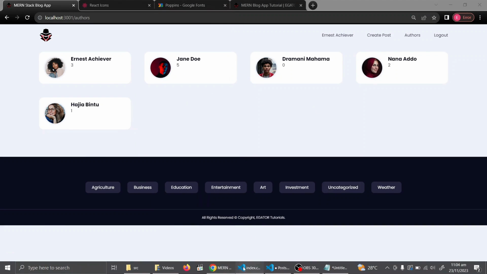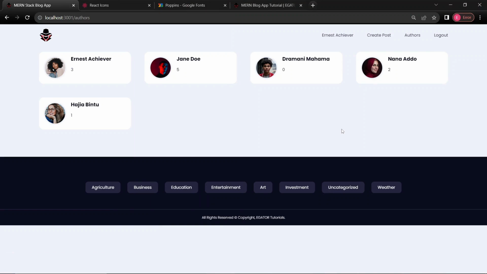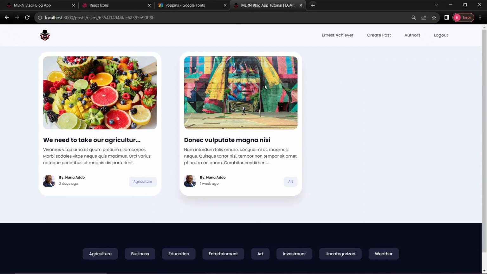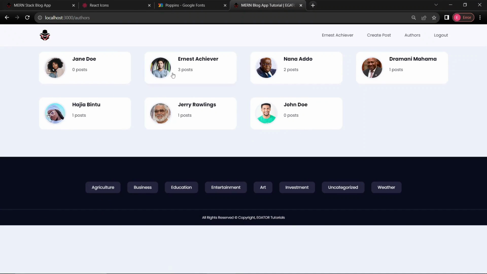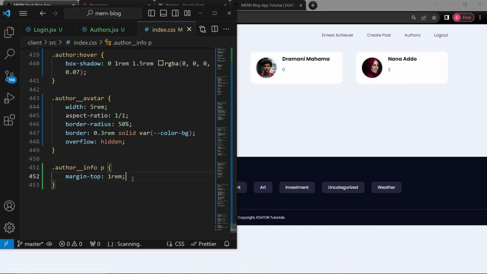Perfect. Now lastly, I'm going to target the paragraph. So author info and the p tag, I'm going to say margin top of 1 rem. And that's all, guys. That's all for this page. Nice. It should look exactly the same as the finished project, right? Okay, now let's move on to